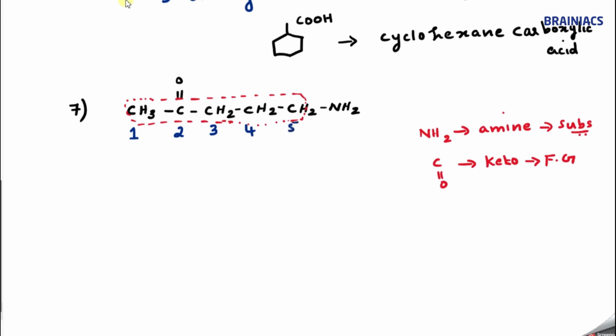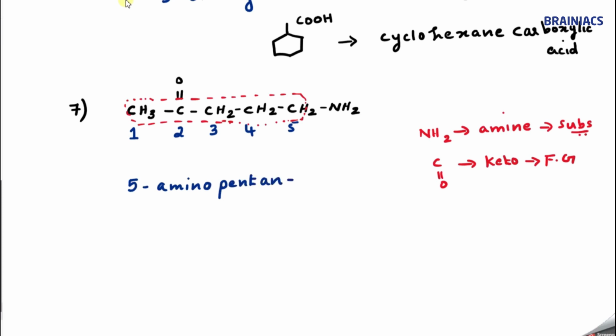Correct? Now, starting with the 2 degree prefix, at the fifth position you have the substituent. NH2 behaves like a substituent, so we say 5-amino. Whenever NH2 behaves like a substituent, we use the term amino. Then it is not a cyclic compound, so the 1 degree prefix is not applicable. Word root: 5 carbon atoms, so we use the term pent. All are connected through single bonds, so 5-aminopentane, correct?